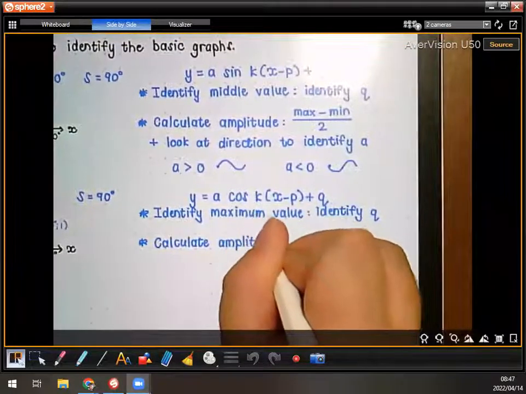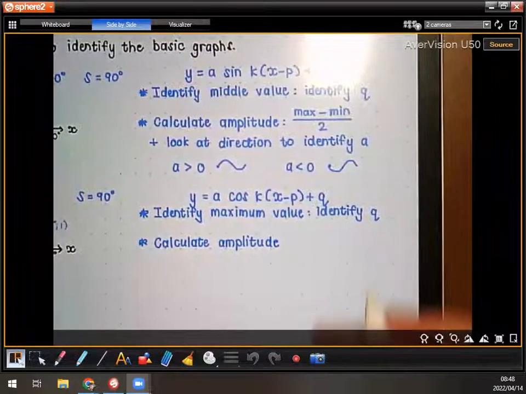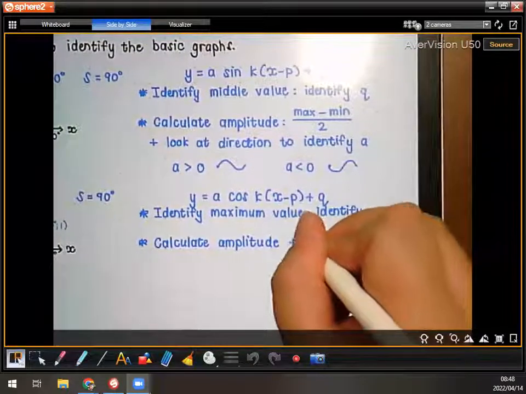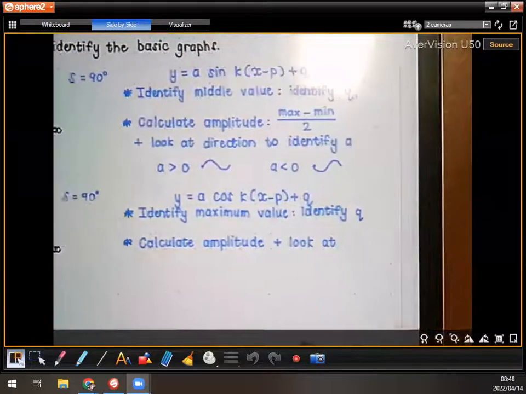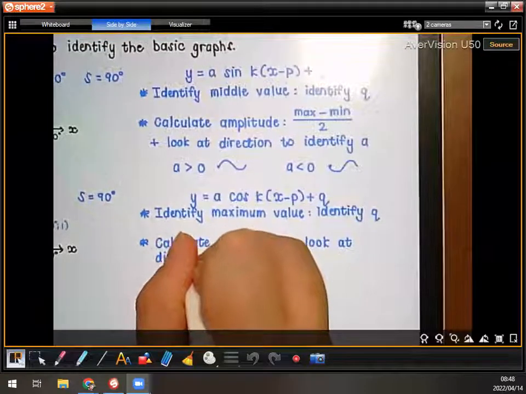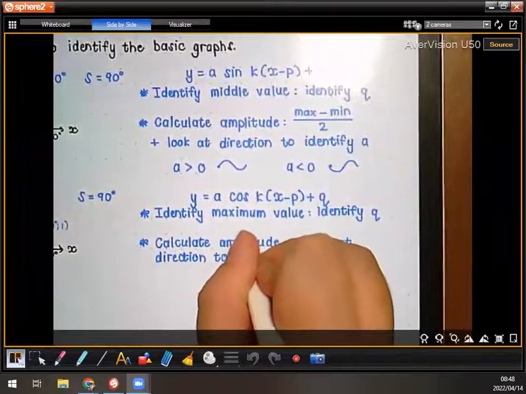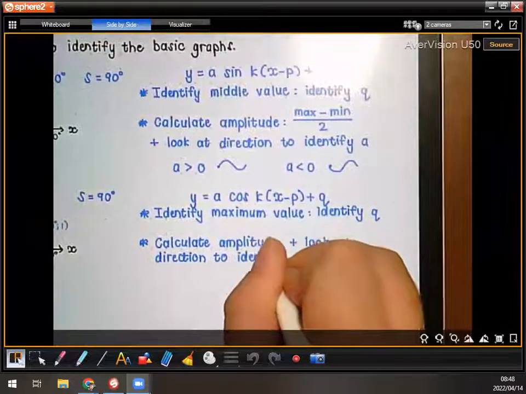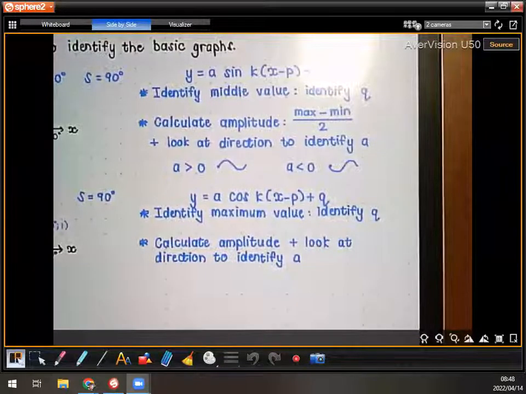I'm not going to write the amplitude formula again. We do have it there. All right, but you're going to calculate the amplitude plus look at direction to identify A. But now the direction is a little bit different for the cos graph because it looks different